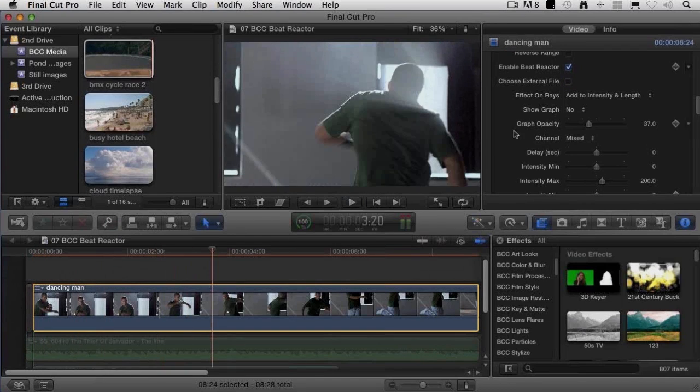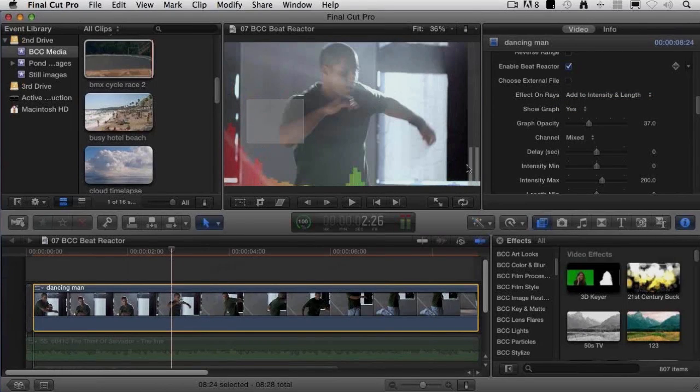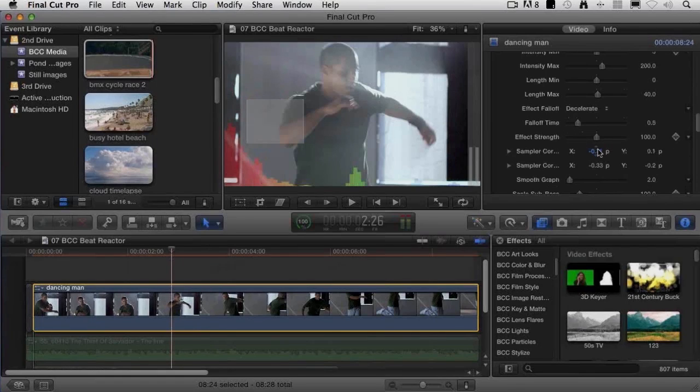And we'll show the graph and pick up the bass. And select our clip. Notice that here it doesn't pick anything up because the frequencies haven't been set. Let's just go over here and go over there and pull that down just a bit. There we go. Now when we play this,